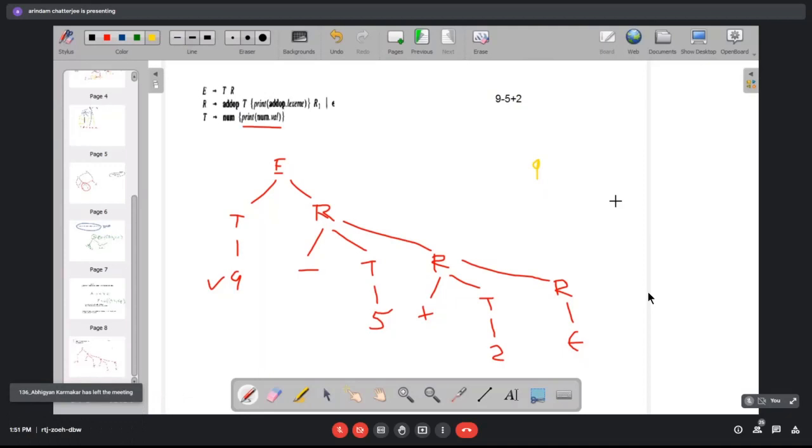So after T is evaluated, only then will it come to this guy. And in between, that print statement of add op lexeme will be there. So that means what? T will be printed first. So 5 is printed, and then it goes to this branch. So this produces 5, this print happens here, and then it goes to this branch R, and in between